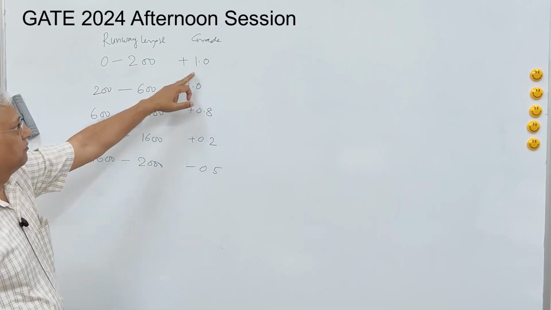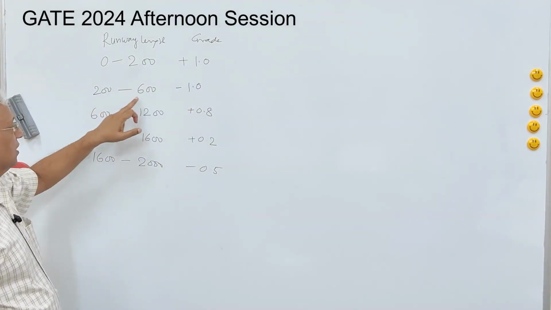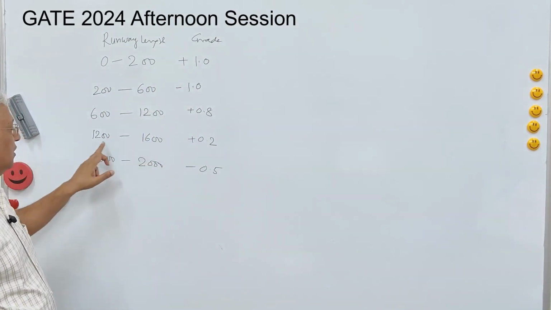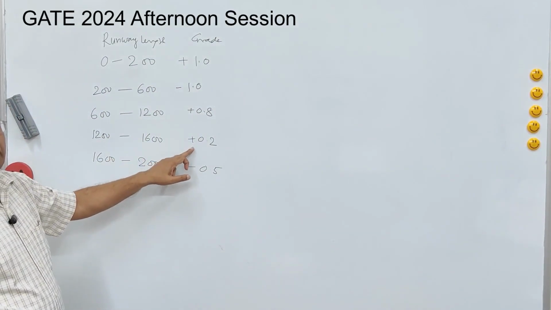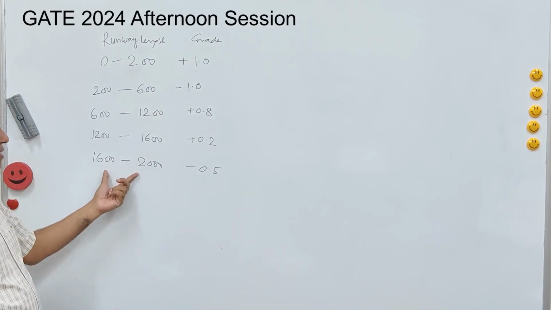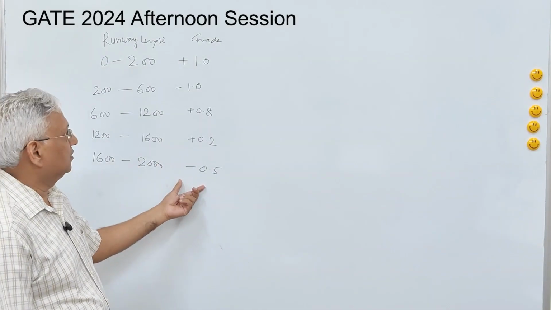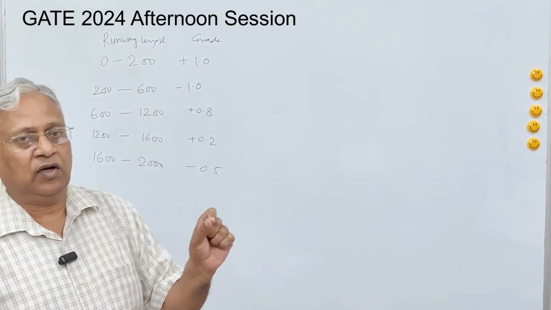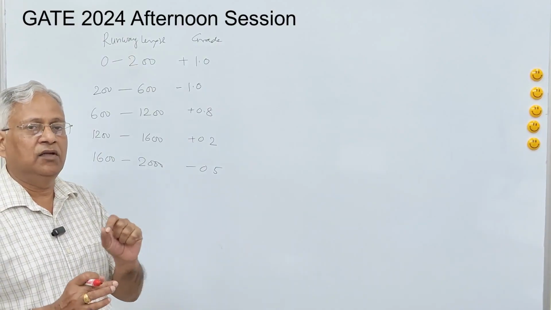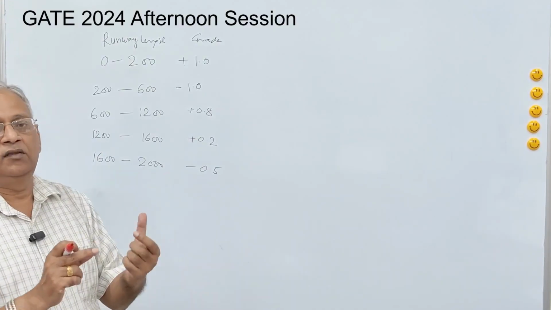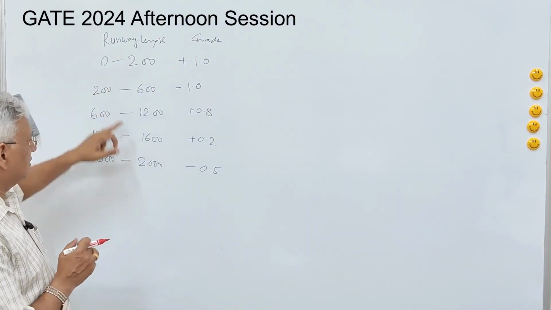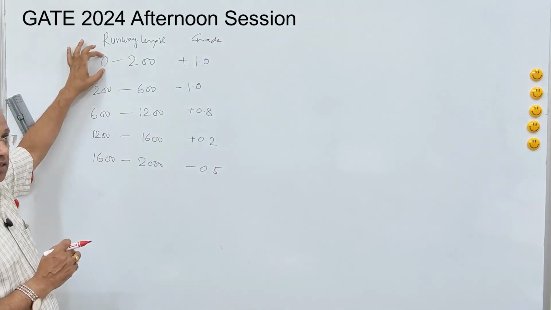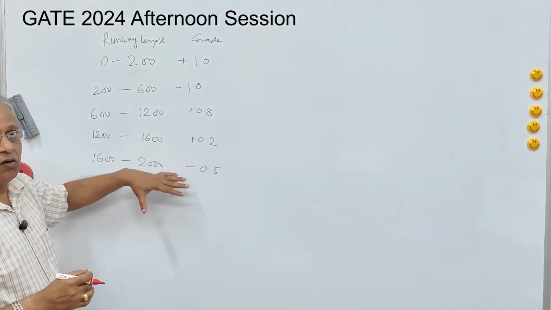0 to 200 plus 1% gradient, 200 to 600 minus 1, 600 to 1200 plus 0.8, 1200 to 1600 plus 0.2%, and in the remaining minus 0.5%. So effective gradient is by definition RL of the highest point on the runway minus RL of the lowest point divided by total length of the runway. Total length of runway is now 2000 meter. So if you assume that the RL of the first point at zero chain is 100, so we can redraw this table here